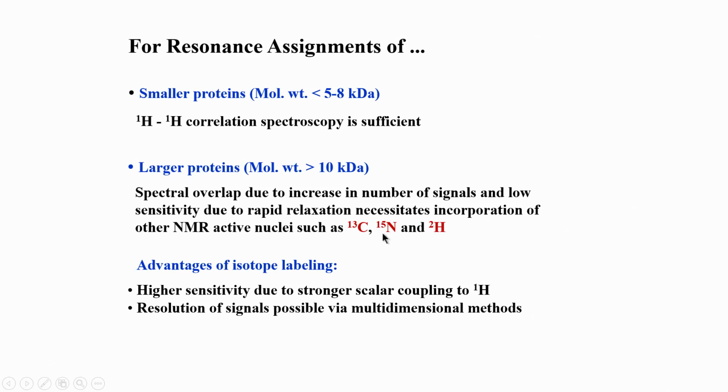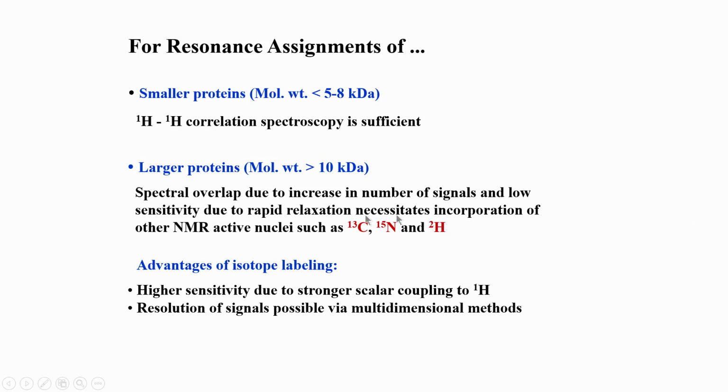So, for a medium size, suppose I have up to 20 kilodaltons, we can be sufficient with C13 and N15. But when you go to 25 kilodalton and bigger size, then you need to also label with another nucleus called deuterium, and this is very specially done. This is not similar to this, and that requires a different type of procedure which we will look at.